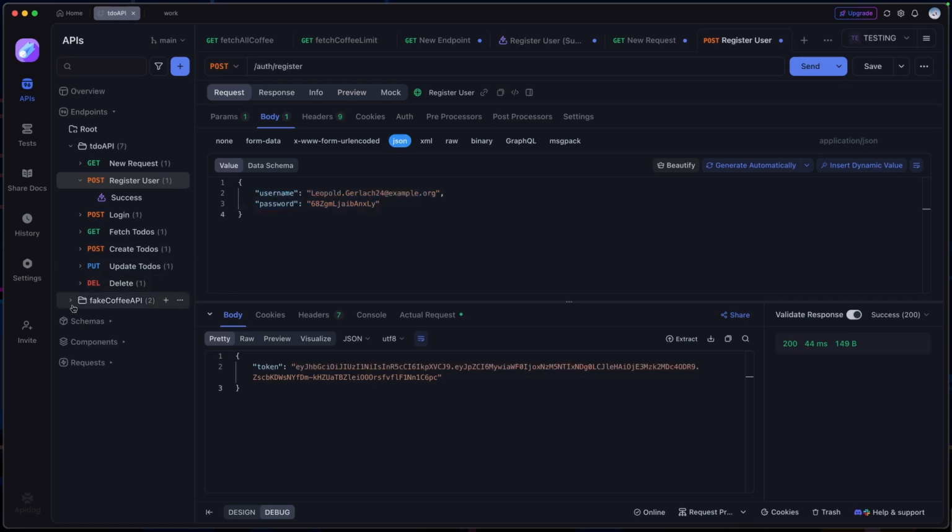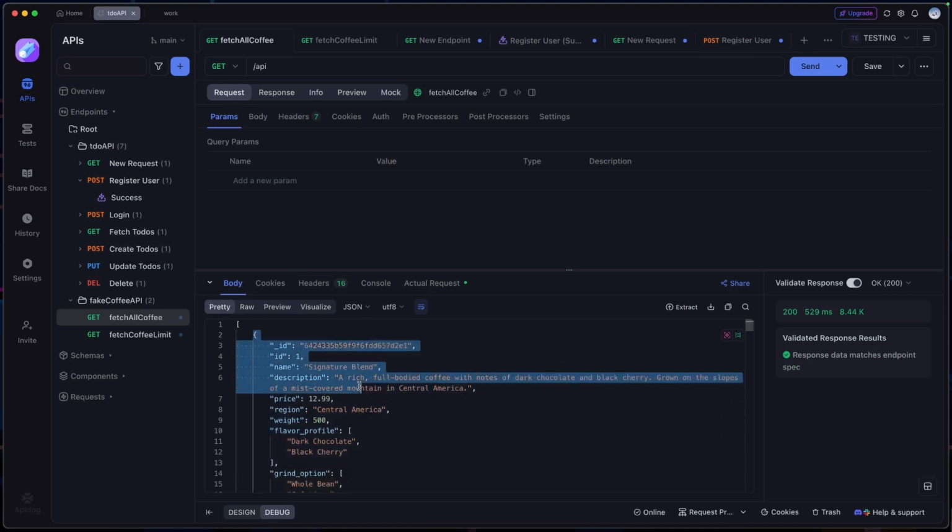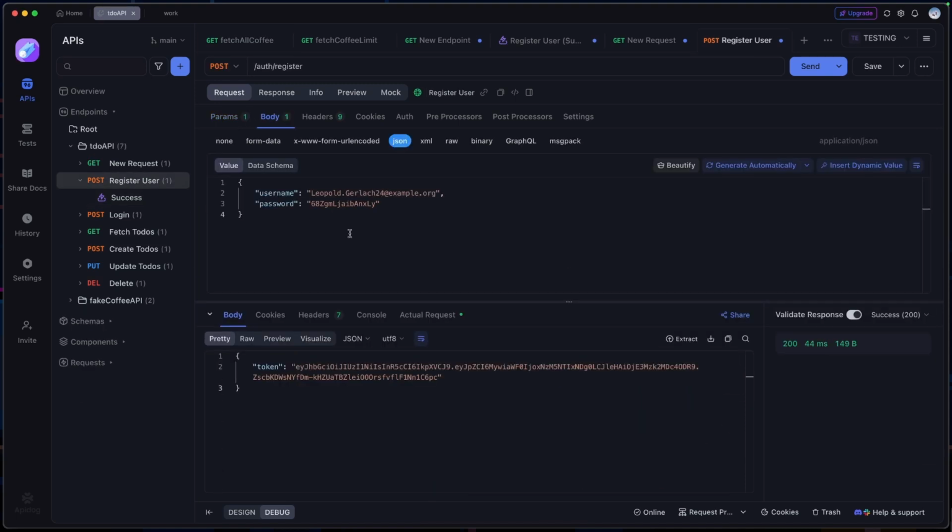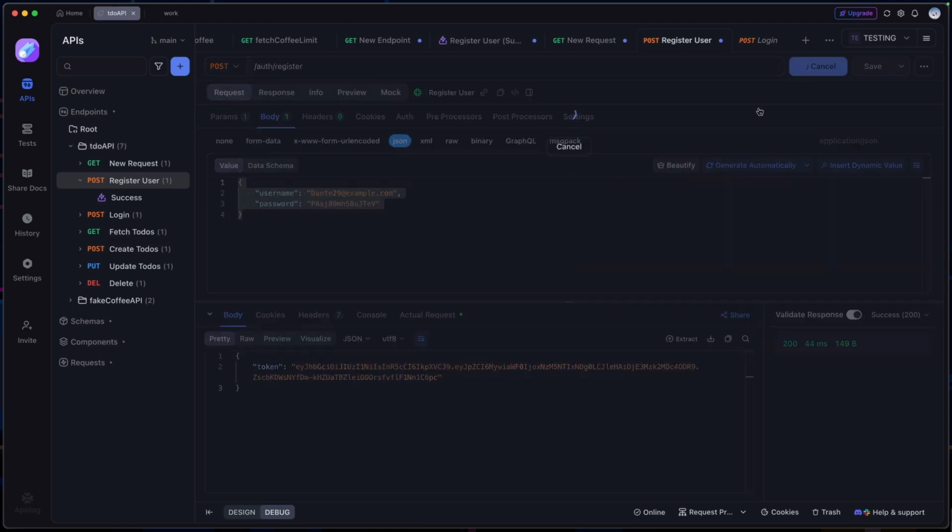But if you have some really complicated data that always needs some sort of dynamic value, you can create all dynamic values for this. This is really handy, so you don't have to sit here and think of a username or a password to test every single time. For example, if we generate this data and then send this request,